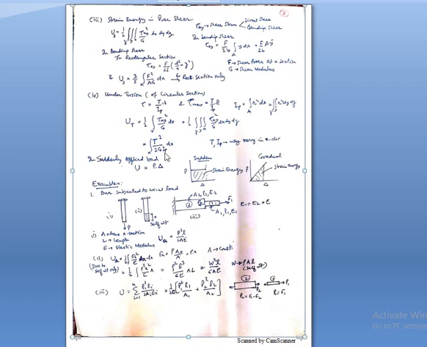Now if you look at a glance at all these four equations, that is strain energy due to axial load, due to bending, due to pure shear, and due to torsion, there is similarity. Similarity means the total strain energy will be equal to, with the integration sign, a force squared. The force will be the force applied, or the moment applied, or the shear force applied, or the torque applied. And here is a quantity, that is the modulus. Maybe the shear modulus in case of shear stress, or maybe the modulus of elasticity in case of direct stress, that is the axial load and bending.